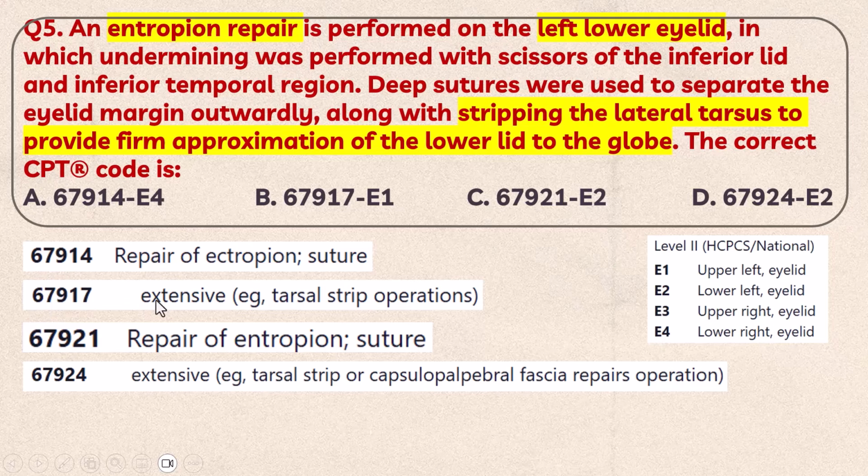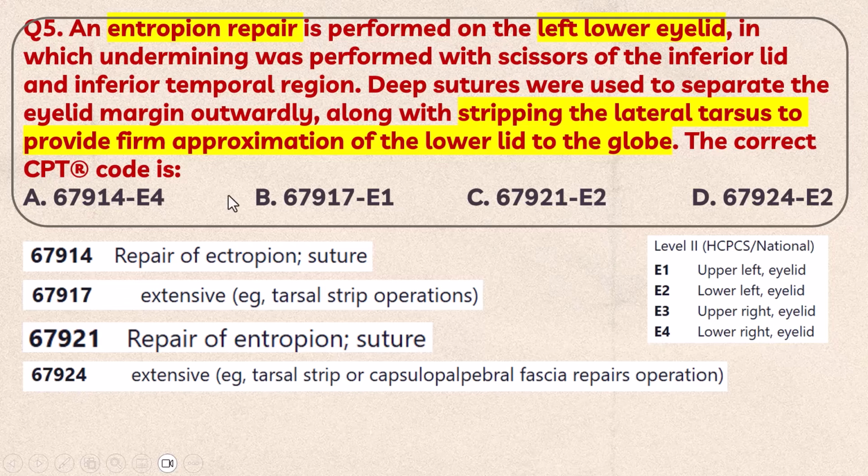67,917 is extensive ectropion, but in our case it is entropion. So let's go to the other answer. 67,921 is repair of entropion, suture. 67,924 is extensive, for example tarsal strip or capsulopalpebral fascia repairs operation. So in our case, the lateral tarsal is involved. So the correct code will be